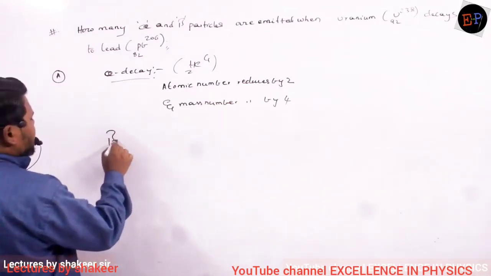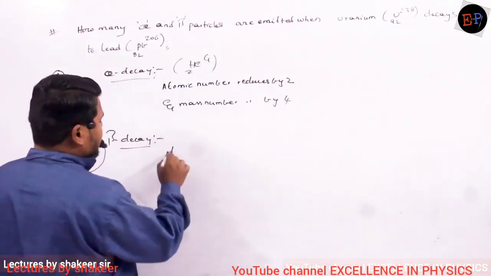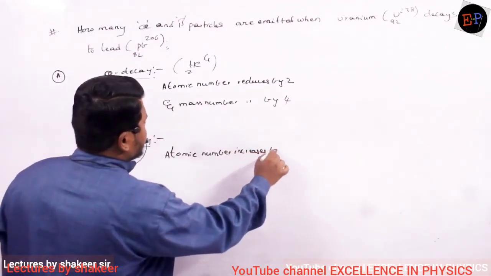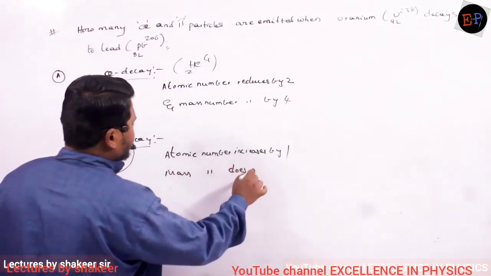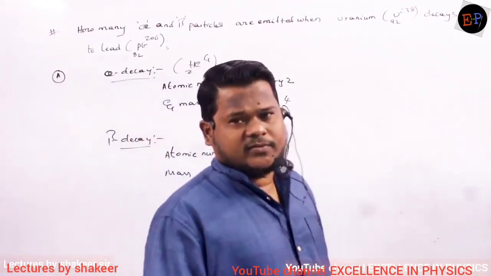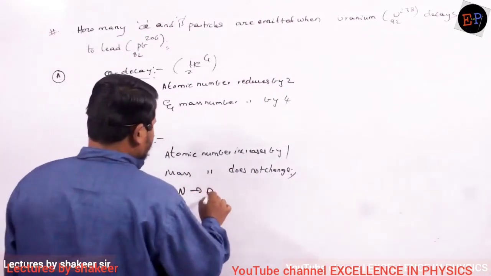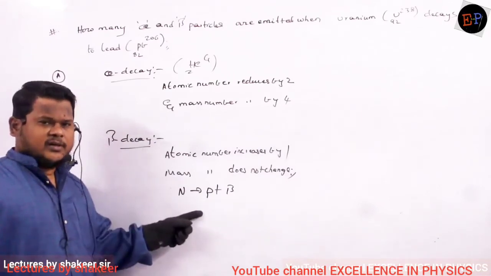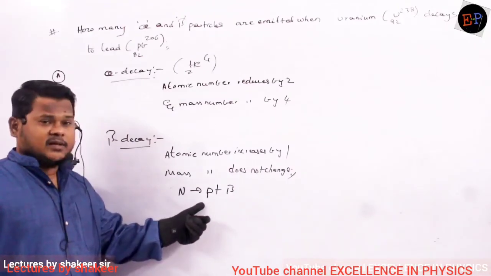Next, what happens when a beta particle goes out? When one beta particle is emitted, then what will happen? Come on. Atomic number increases by how much? Increases by 1 unit. Clear? And mass number? Mass number does not change. Mass number will never change when one beta particle is released, because already we have studied how a beta particle is released: one neutron converts into a proton plus a beta particle. So one neutron is reducing, but one proton is newly created. Therefore, one uncharged particle has reduced and one charged particle has increased.